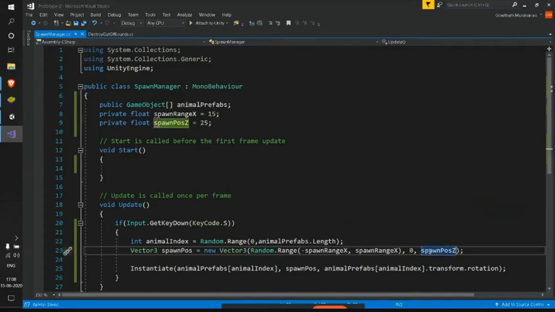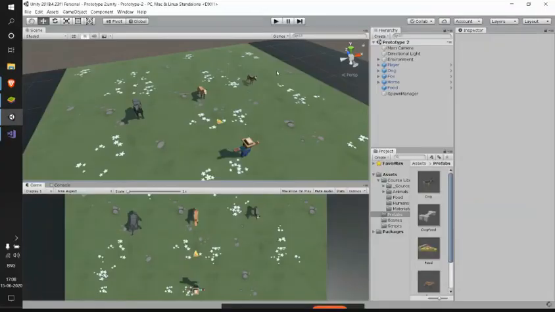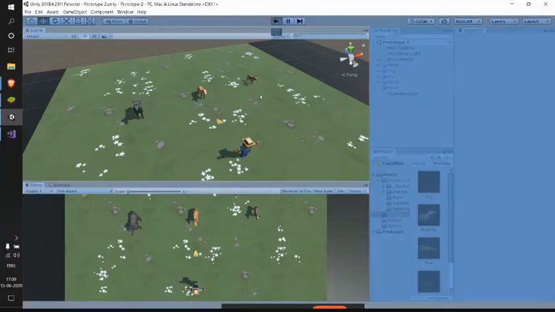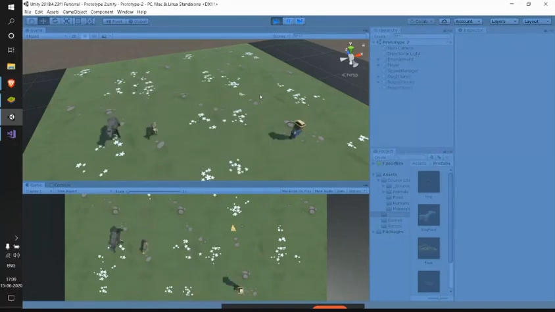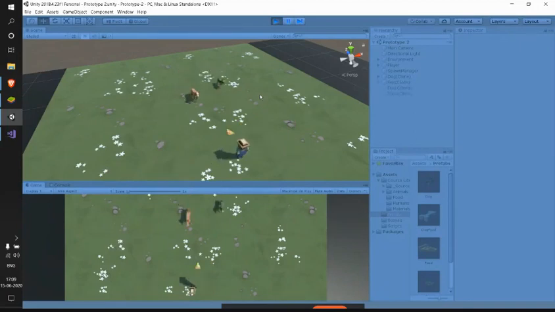So this is the thing. Let's just get back to Unity and test this. See, it's the same behavior. We just made our code a little bit cleaner, and every functionality is just fine.